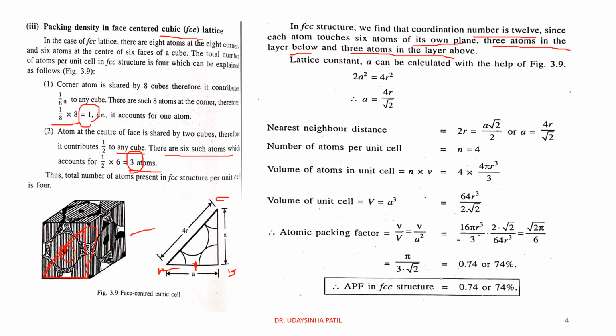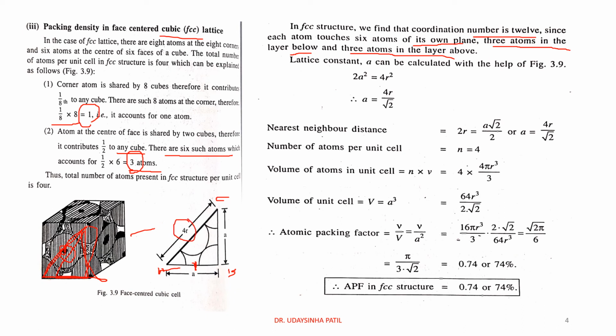We can take a cross section of one face. And we can get here the right angle triangle ABC, and when there is a right angle triangle, by using the Pythagoras theorem we can easily calculate the sides. Therefore we can say that AC² is equal to AB² plus BC². What is the value of AB and BC? Both are a. Therefore a² plus a², that is equal to 2a². Therefore 2a² is equal to (4R)².